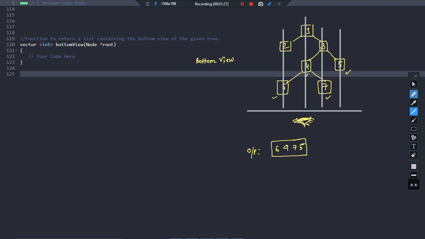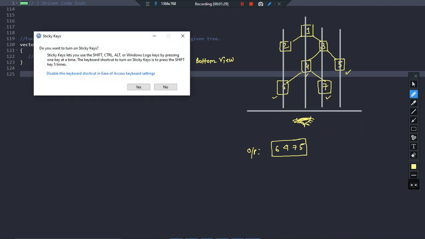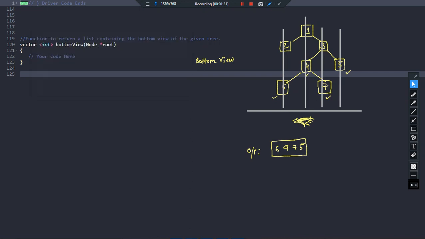Great. So now you see, if I just consider this position of the nodes to be a point on the number line, then of course the root node will be at point 0. This will be at point +1, this is at point +2. Similarly, this is at point -1, right? So now basically you can clearly see, like we have discussed in the problem of top view of the binary tree, that